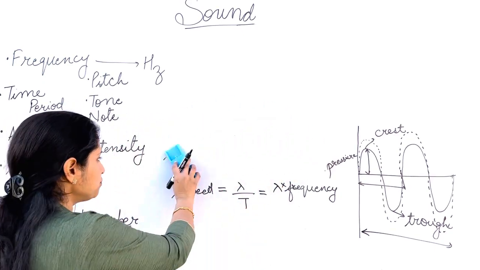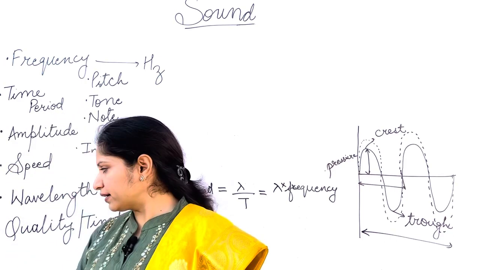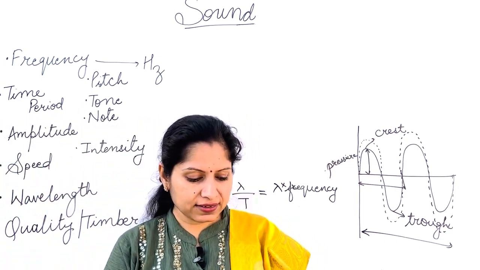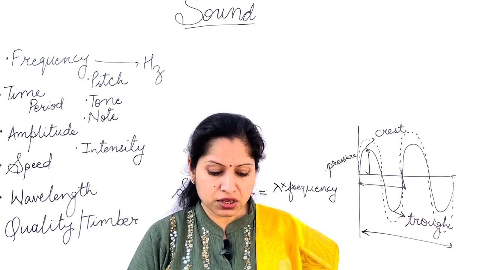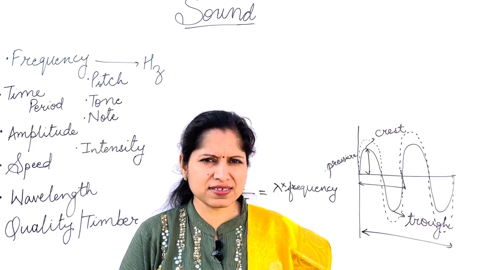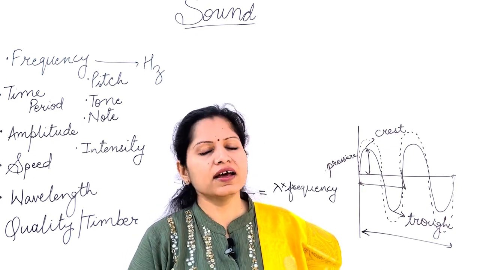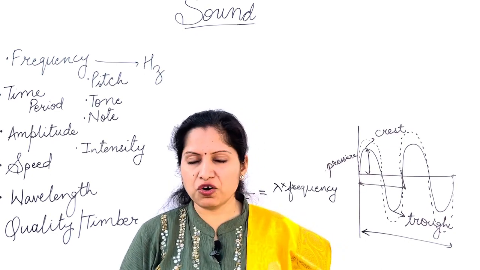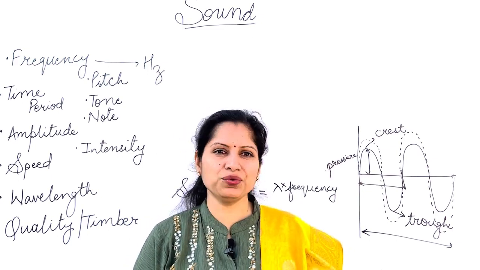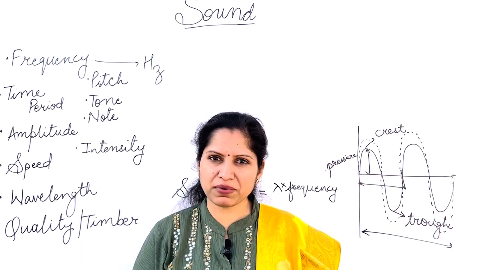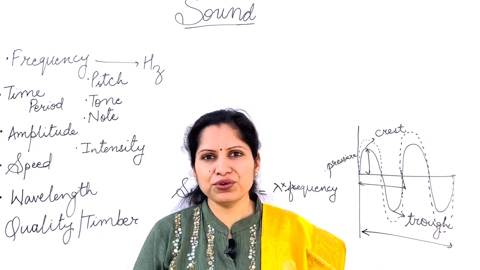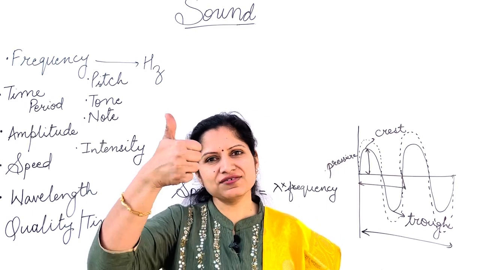Okay. Now based on this formula, we are going to practice just two numericals that are given in your NCERT book only. I'll read the question for you and just try to do it by yourself simply by applying this formula, and let's see how many of you are able to get the correct answer. Let me know in the comment section whether you were able to do the question by yourself or you required help. If you were able to do it by yourself, just give a thumbs up.